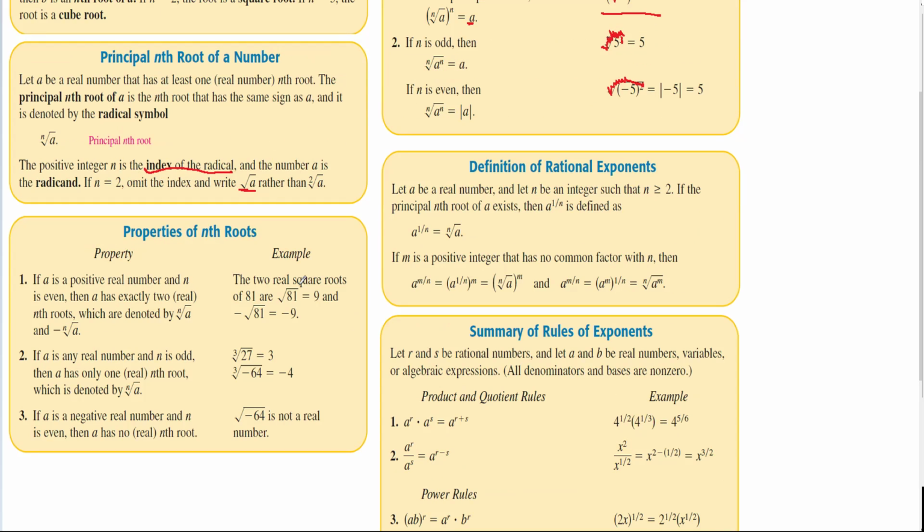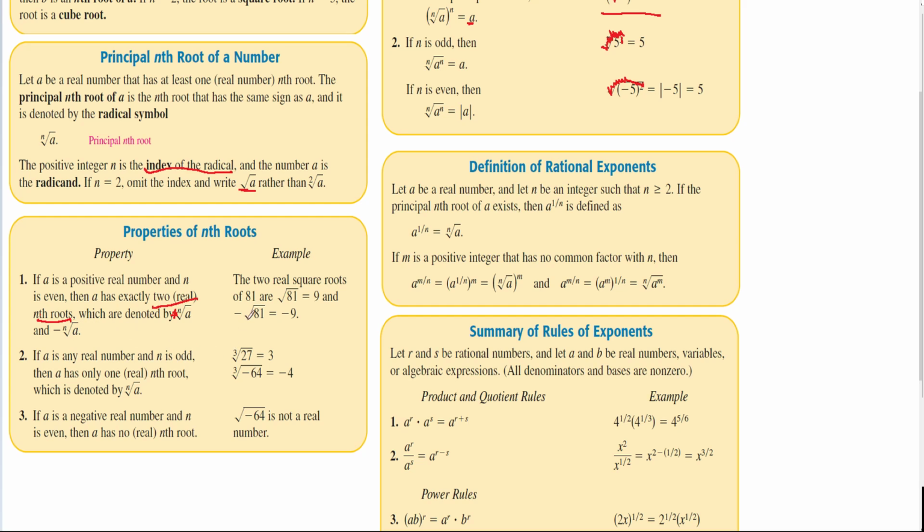And then we move on to more properties of nth roots. If a is a positive real number and n is even, then a has exactly two real nth roots, which are denoted by the positive nth root of a, and then the negative nth root of a. So, let's see if I can get a positive there. Actually, rather, it's positive right out front. And then this negative